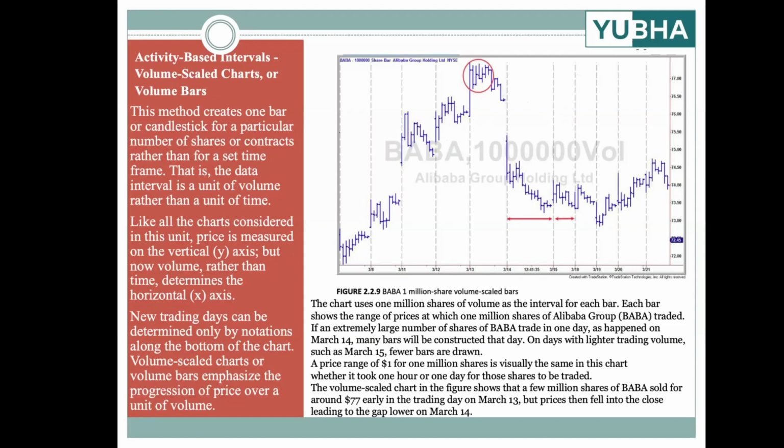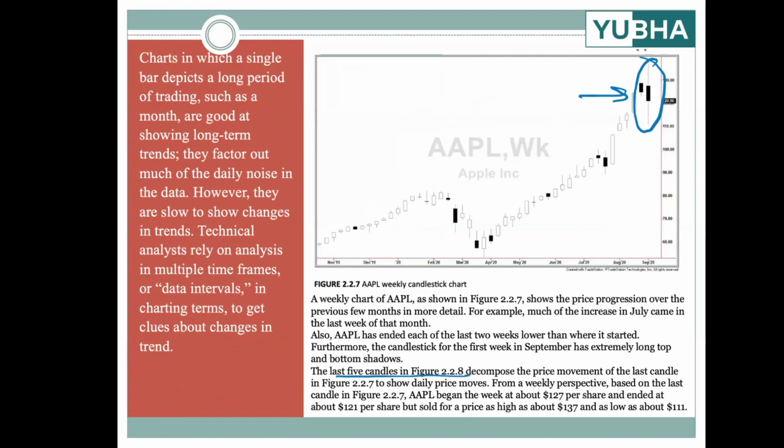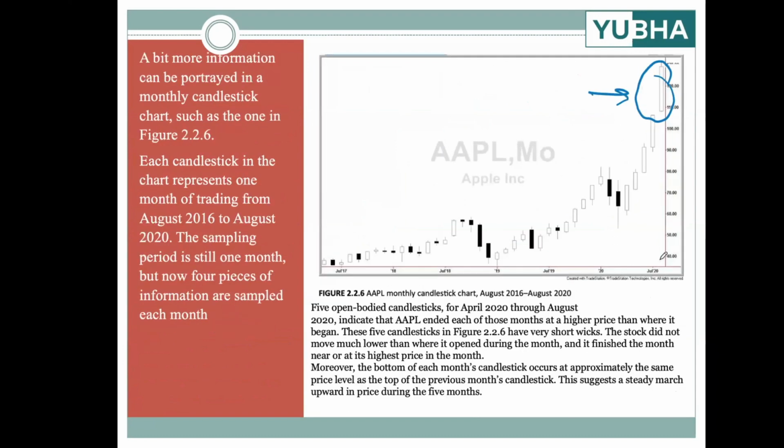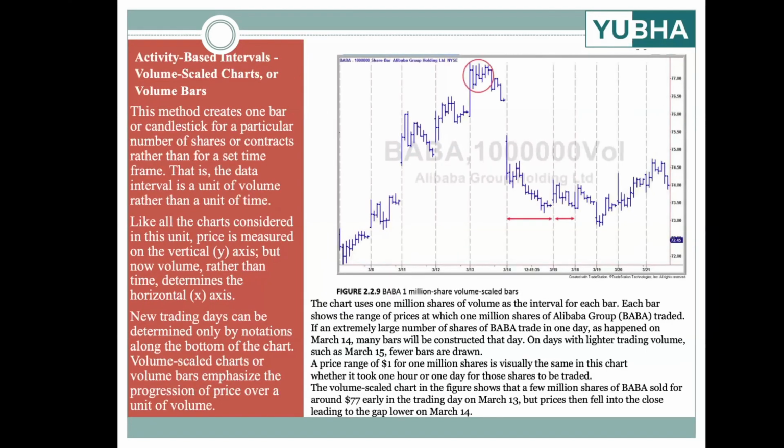So over here, each bar does not represent a period of time. Till now, we've been saying this bar is a daily bar, this bar for Apple is a weekly bar, this bar for Apple is a monthly bar, and at the bottom you'll have time mentioned. So over here, this would be 21st of September, 22nd, 23rd, 24th, 25th. But when we come to activity-based charting, we don't really care about the time. While time is mentioned on the x-axis, what we're looking for is the volume that's been traded